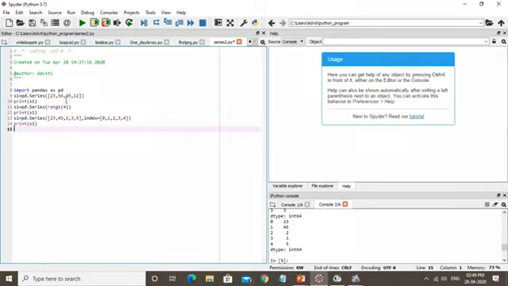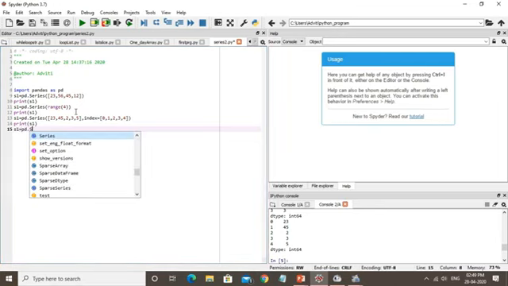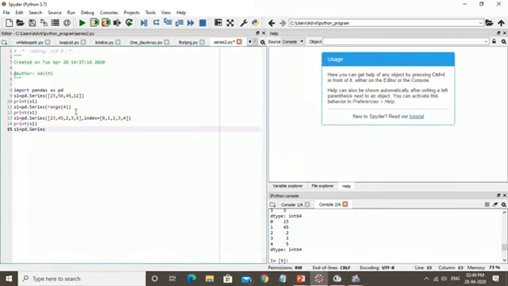I am creating one more pd.Series. Now define the values, let's say 12, 23, 45, 1, 20. Now check the index.